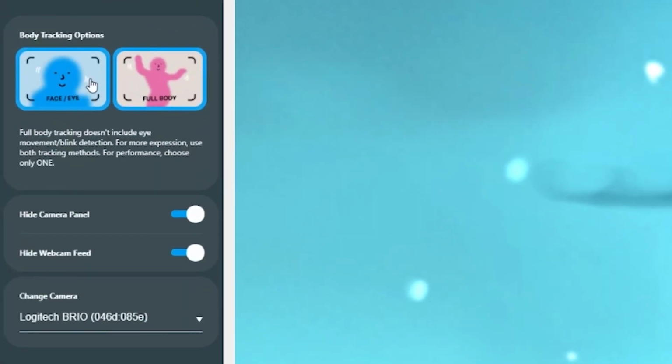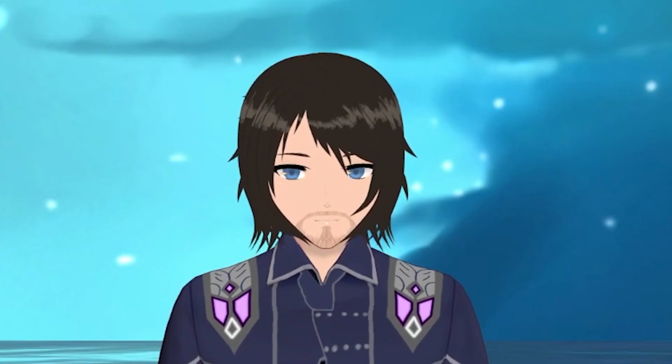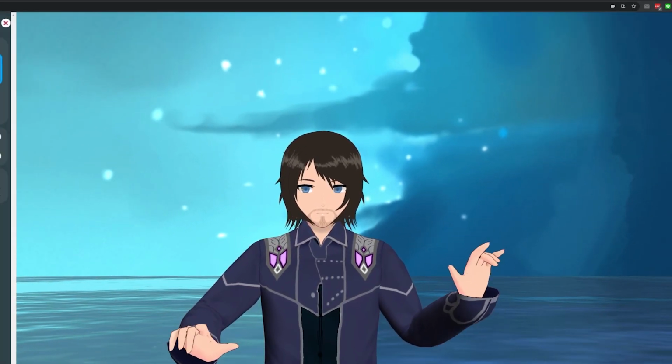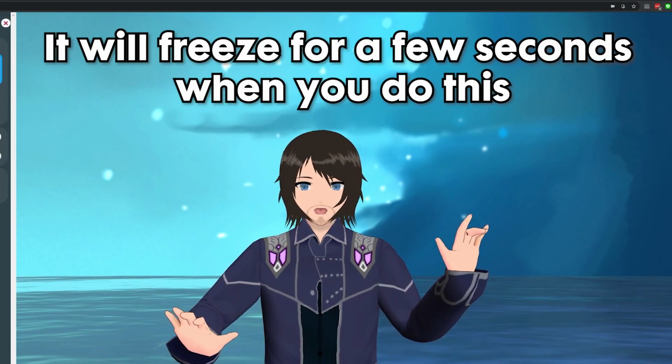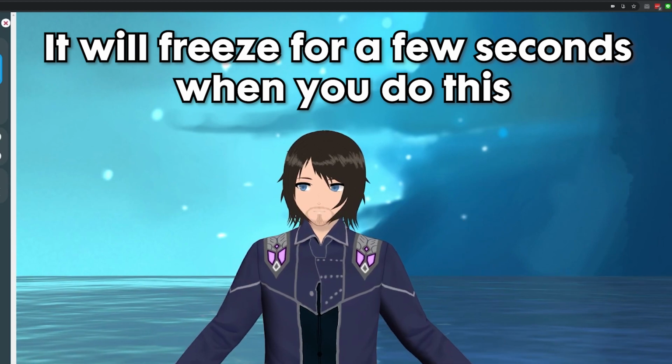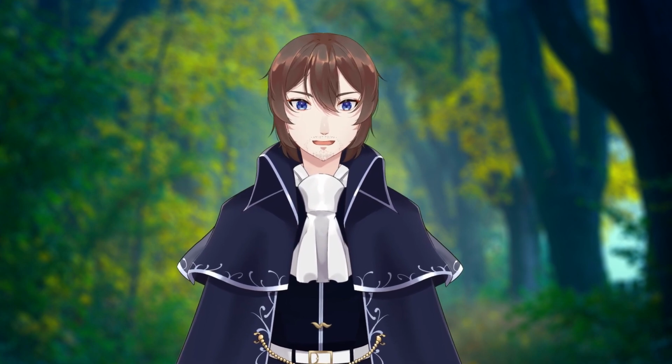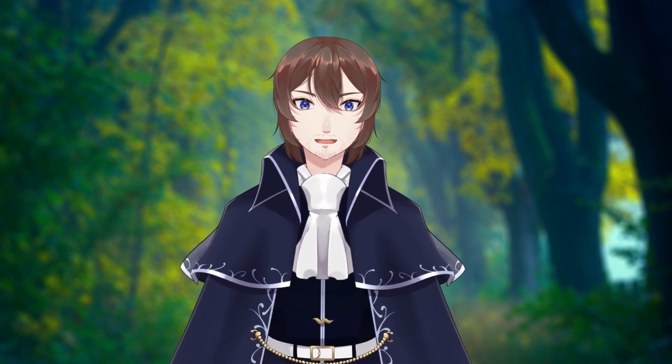The first options are face/eye tracking and full body. Face tracking means it will track your blinking and eye movement, where full body will track your arms and hands. You can turn each of these settings on or off to increase or decrease the amount of tracking and resources used by your computer. This is a little heavy on the CPU and GPU usage if you have an older